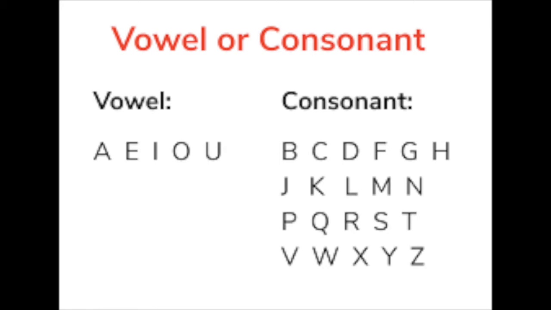Now in the same way, the other letters of the alphabet are 21 and they are called consonants. And the sounds of these alphabets are consonant sounds. Now when words are starting with consonants or consonant sound, what is the article we use before it? It is a. A leaf, a flower that we have written, isn't it?